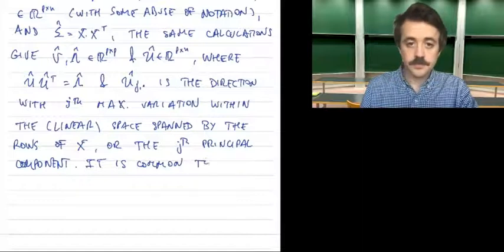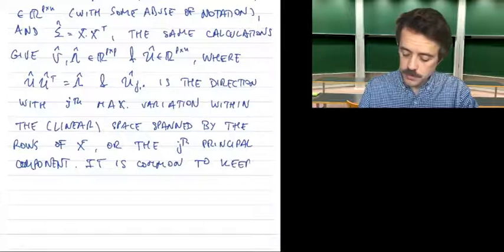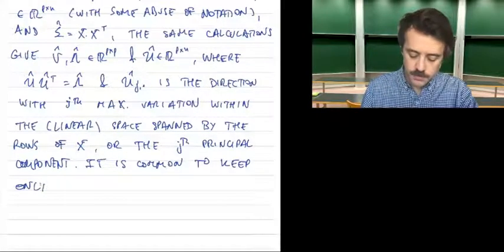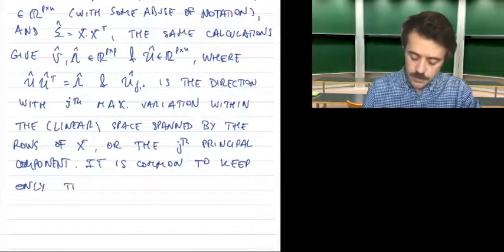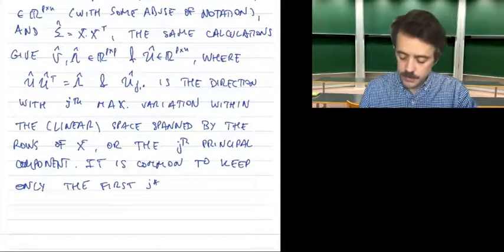So it's common to keep only the first, say, J star principal components,